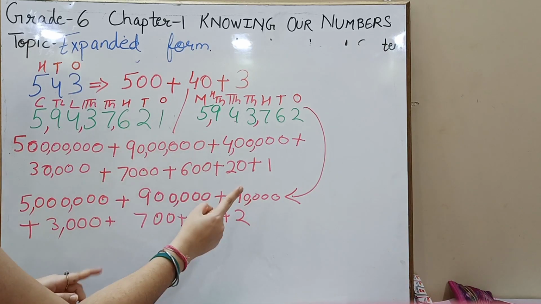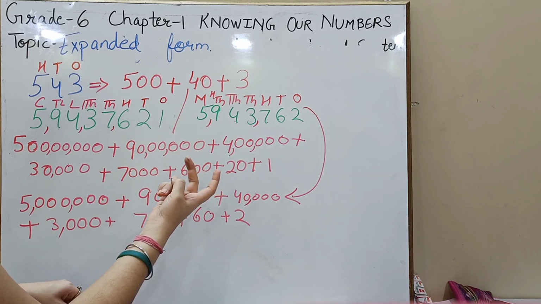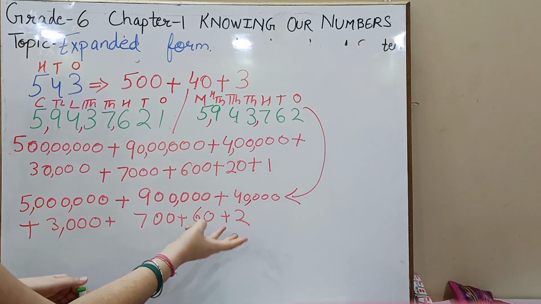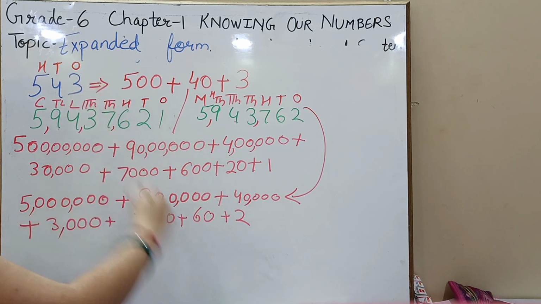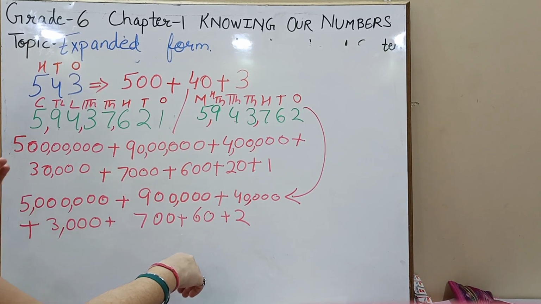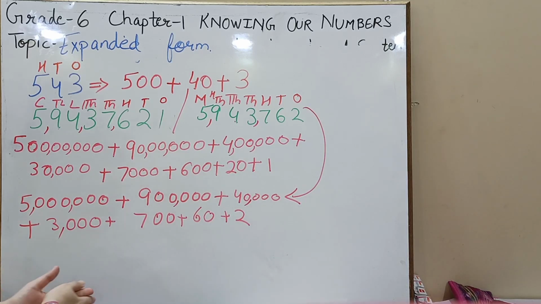So in this video we have done a comparison between the Indian and international number systems. We have done how to write number names based upon the Indian and international number systems. We have done the expanded form of the Indian and international number systems. With the help of this, you will be able to solve exercise 1.2 in your NCERT, because it is all comparison and writing the number names. In the next video, we are going to start with the topic of estimation, which is also a very easy topic.